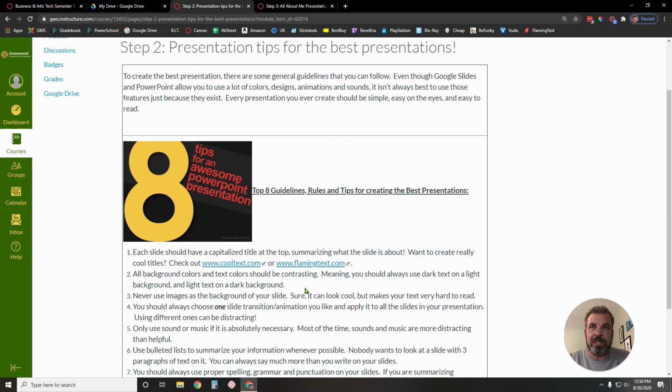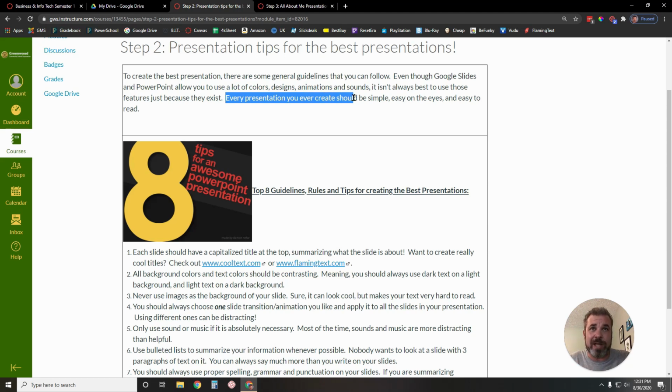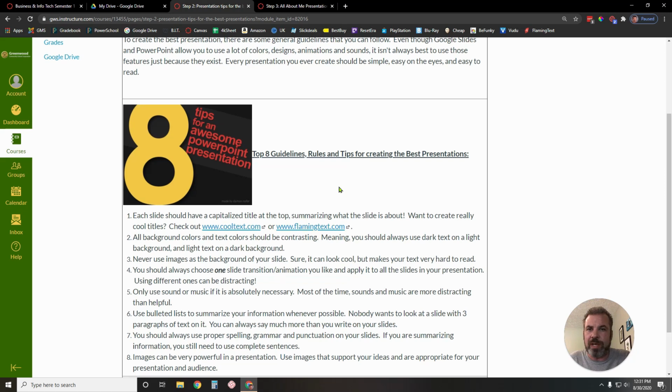for the best presentations. Now, when you create a presentation, you want to make sure you do your best job to make your presentation as effective and as efficient as it can be. And to create the best presentation, there's some general guidelines that you can follow. Even though Google Slides and PowerPoint allow you to use a lot of colors, a lot of designs and themes and animations and sounds, it isn't always the best idea to use all those features just because you can. So every presentation you create should actually be simple, it should be easy on the eyes, and it should be very easy to read. So here are the top 8 tips for you to keep